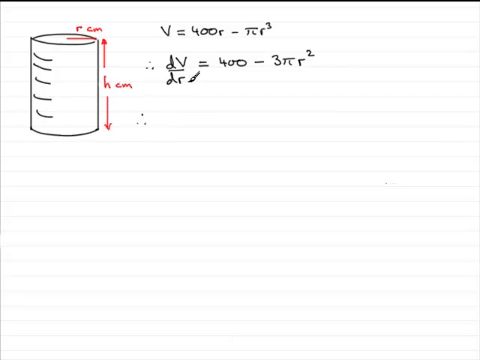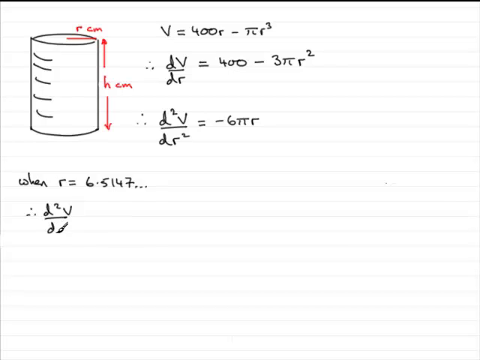So if we differentiate this again with respect to r, we get d squared v by dr squared is going to equal, well, that term's going to disappear, and then if we differentiate this we'll get minus 3 times the 2, which is minus 6 pi, and then reduce the power of r by 1 and you just get minus 6 pi r. So we can see that when r equals the value that we found in the previous part to be 6.5147 and so on, if we substitute this into here we can say that therefore d2v by dr squared is